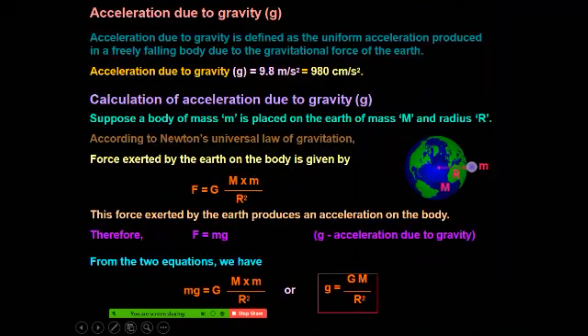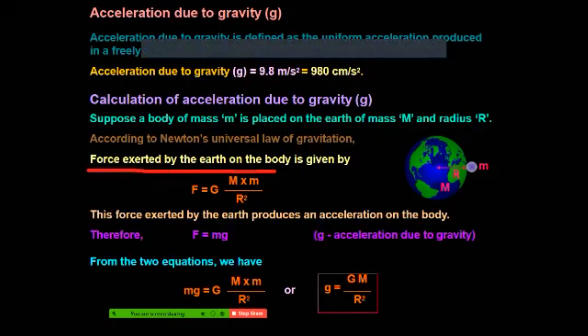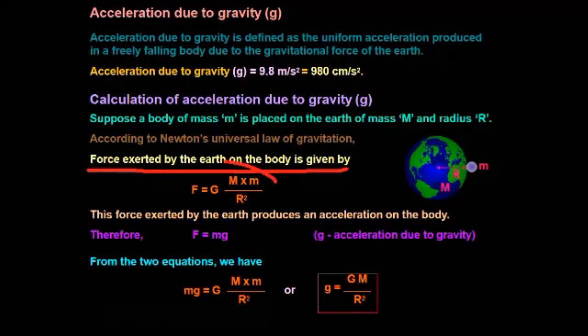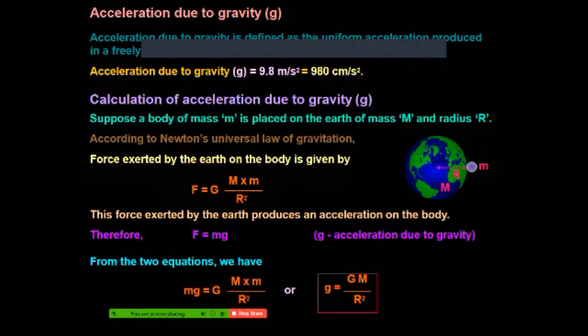So we are using here the formula when the question is given the force exerted by the earth on the body. So capital F is equal to capital G capital M into small m by r square. So this is the earth. On this earth the mass m object is here, the central force, and this is the distance and this mass.